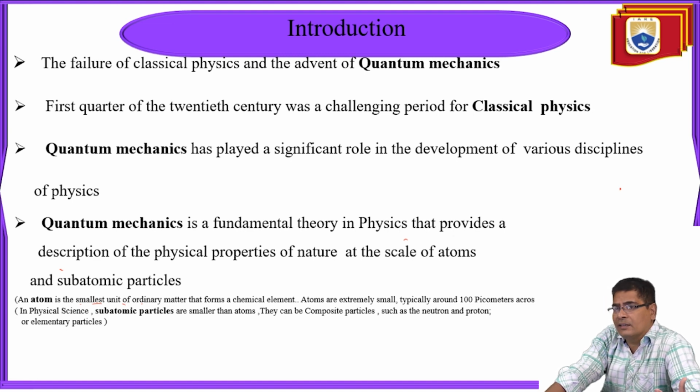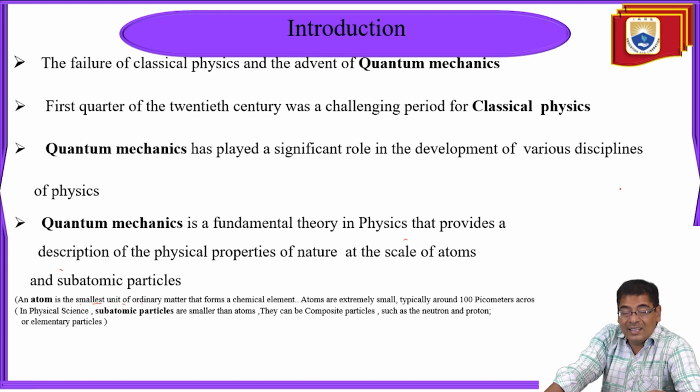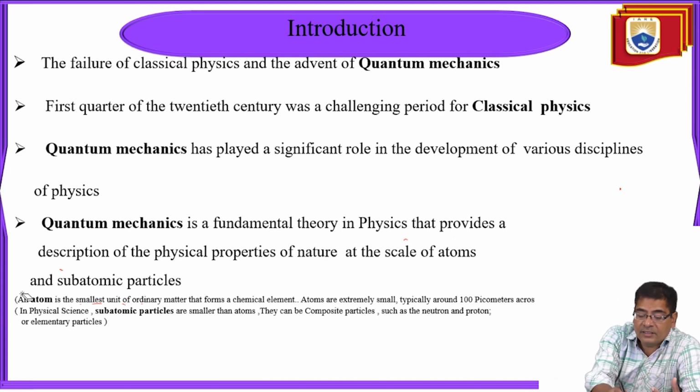In physical sciences, subatomic particles are smaller than atoms. They can be composite particles, such as neutrons and protons, or elementary particles: electrons, protons, and neutrons, right? So that's why an atom is the smallest unit, and the reason behind discussing the atom part is